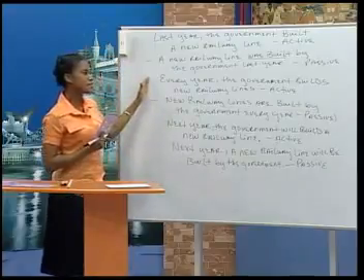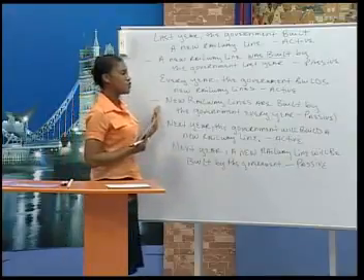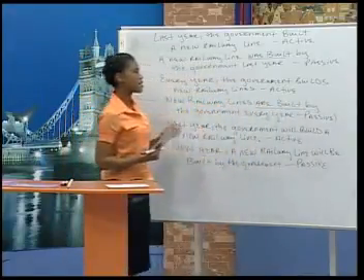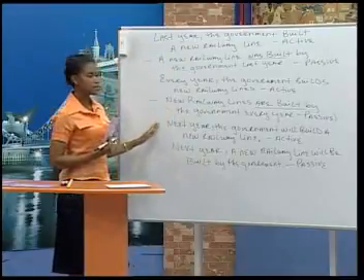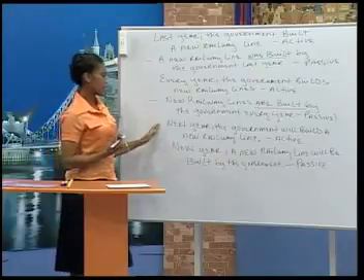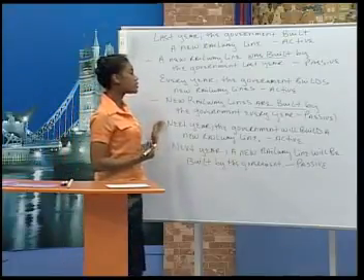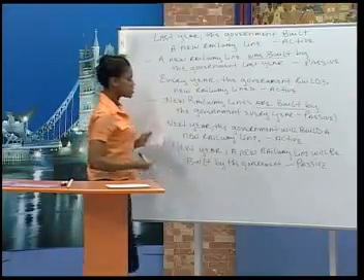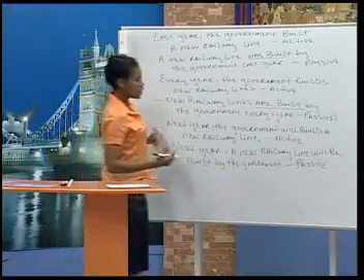Changed into the passive, it becomes new railway lines are built by the government every year. Our third sentence is in the future. The active sentence is next year the government will build a new railway line. Changed into the passive, it becomes next year a new railway